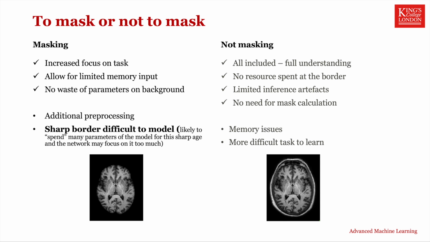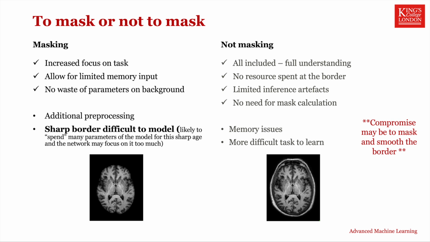The problem is that the traditional image processing algorithms used to do this are not foolproof. They are also sensitive to intensity variations and noise. Sometimes they might go catastrophically wrong, sometimes they'll just leave part of the skull behind, which actually can be more of a problem, especially if the processing errors are biased towards some specific population in the dataset. Another issue is that CNNs really struggle with the sharp borders, spending far too many parameters in the model on this. Therefore, a compromise might be to mask, but make sure to smooth the image slightly at the borders of that